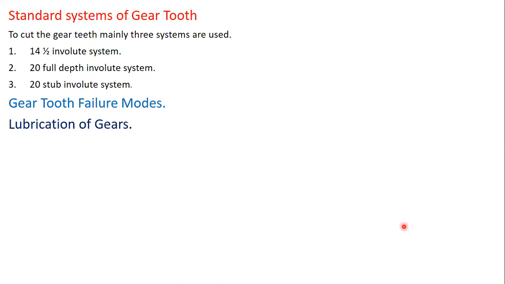Usually these gears will be operating at high speed and low speed. According to that, you need to select a proper lubricating oil. If the gear is going to operate at low speed and it is heavily loaded, at that time the lubricant you have to use is SAE 90. For each oil, they will mention the grade. This is an SAE 90 graded oil you have to use when it is operating at low speed and heavily loaded.